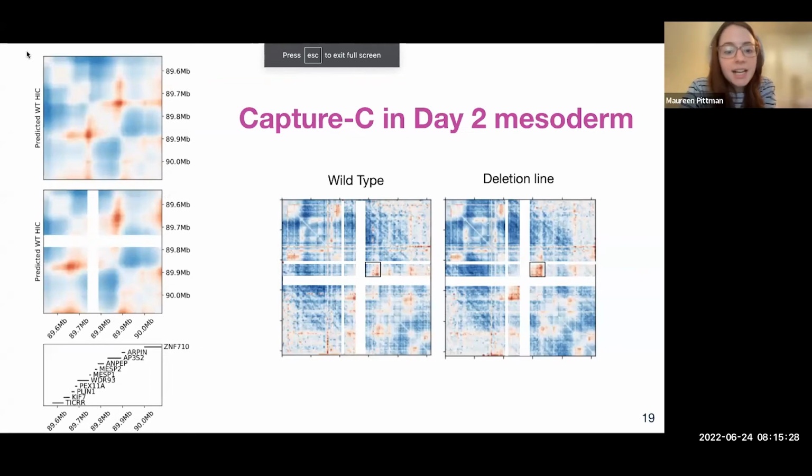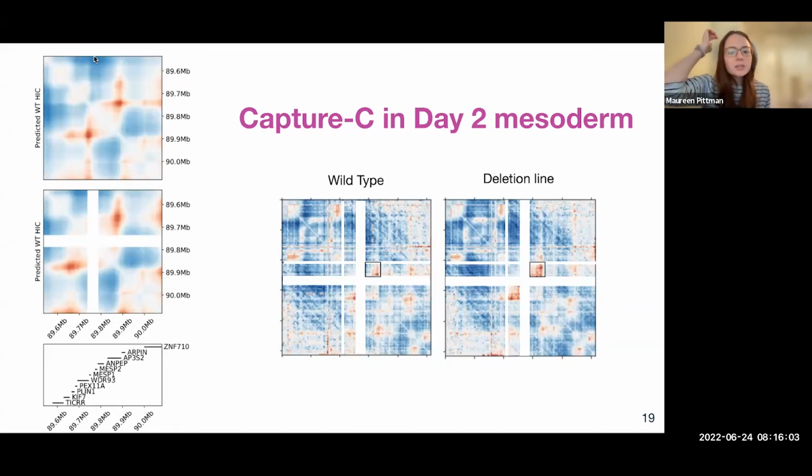There it is. So what we have in the center here is the Capture-C data from day 2 mesoderm. So MESP1, as you might imagine, being the mesoderm protein, is most highly expressed in day 2. And there are a few things I wanted to point out, mostly that indeed Akita seems to have kind of correctly predicted the